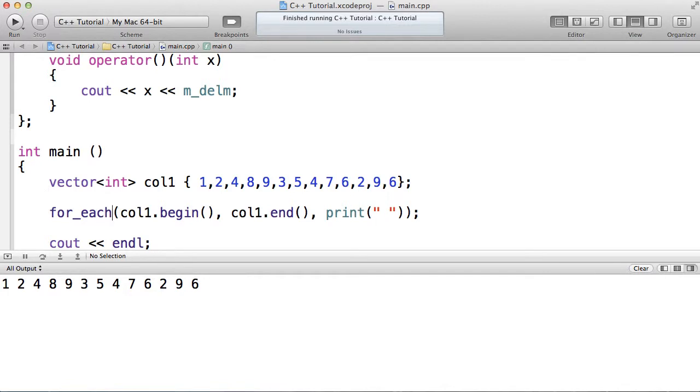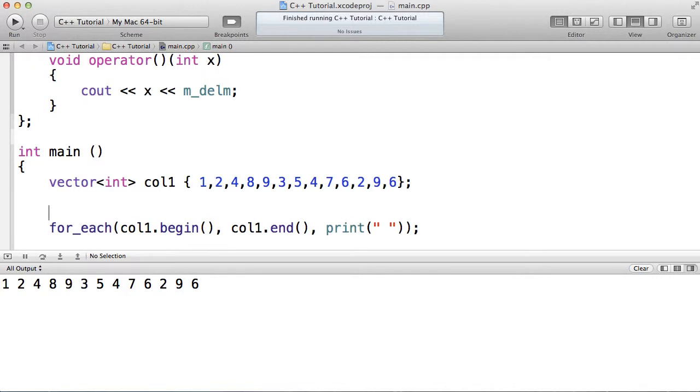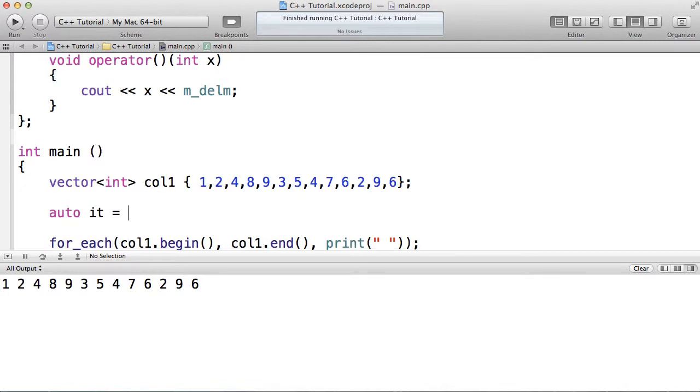This is for each. There's also one called find. What find does is return an iterator to the first occurrence of what you're looking for. So for example, let's say I want to look for the value 9 in my collection. I can say find, from the beginning to the end, find the value 9. And this will pass me back an iterator to this value, which is the first value